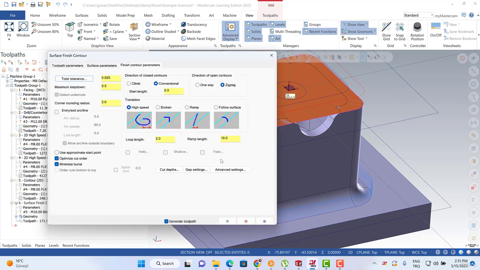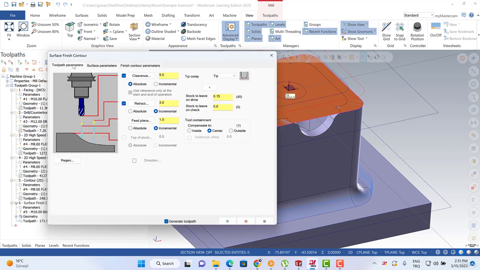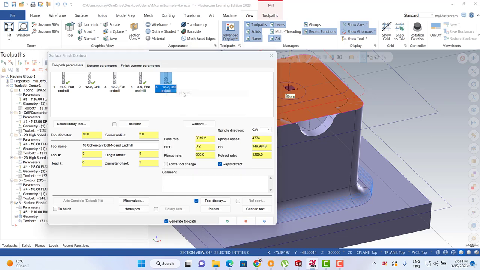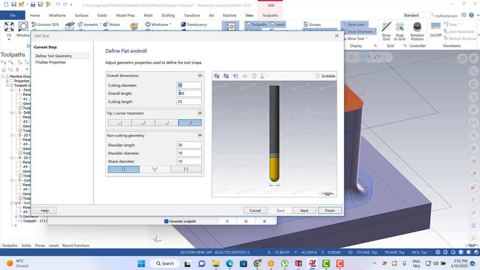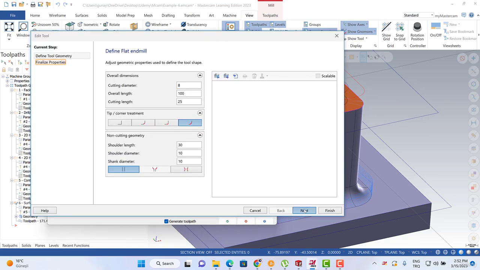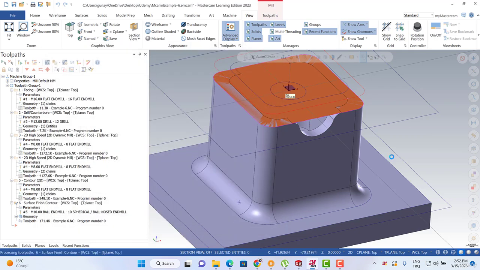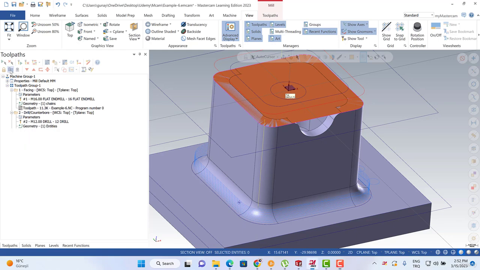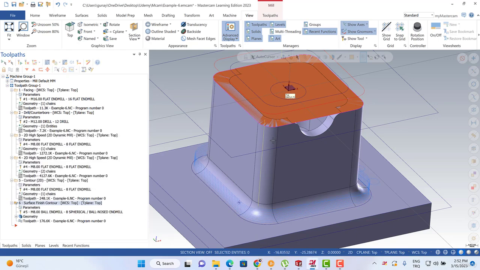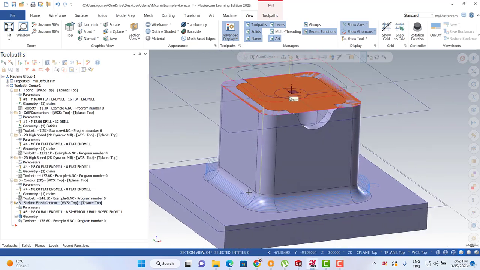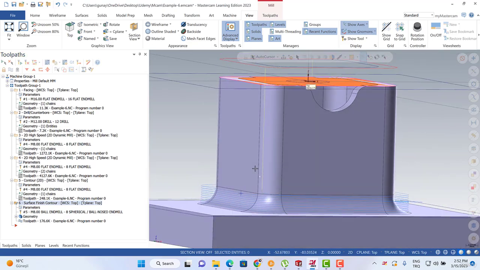This is the 10 radius, and we prefer to use the 10 millimeter radius. We can turn to here and prefer to use edit my tool, and we can turn to the 8 millimeter tool radius, and then we can recalculate our toolpath. And then actually we can easily see that kind of toolpath is calculated. Okay, so